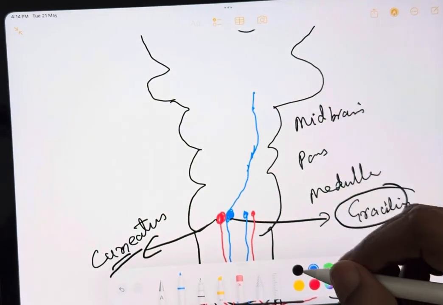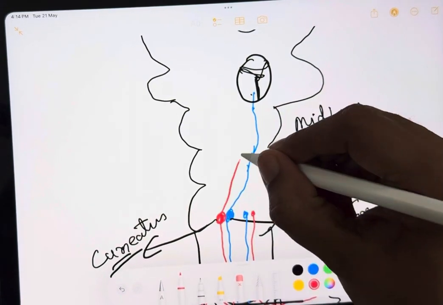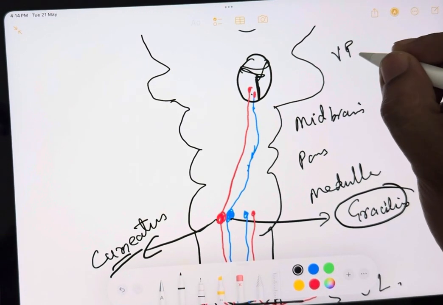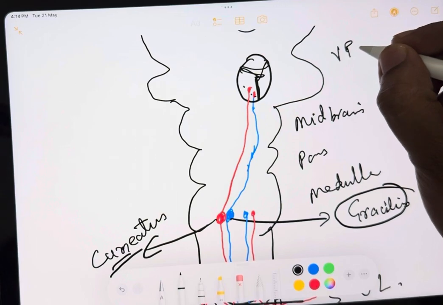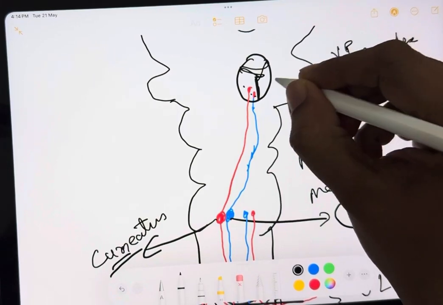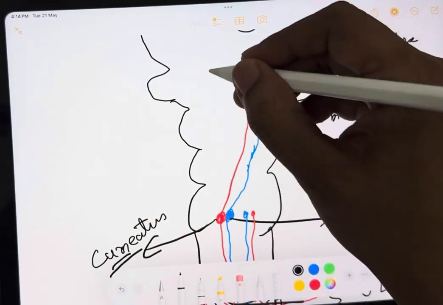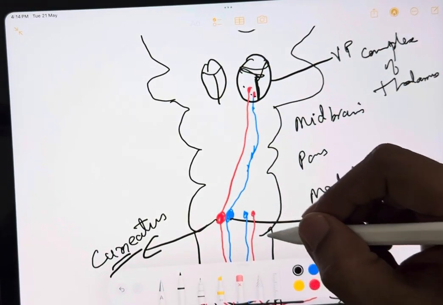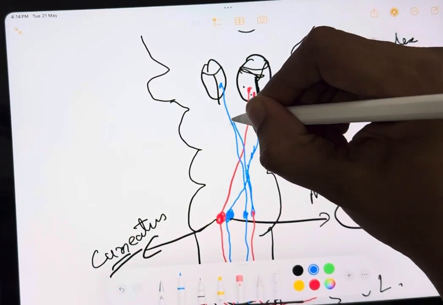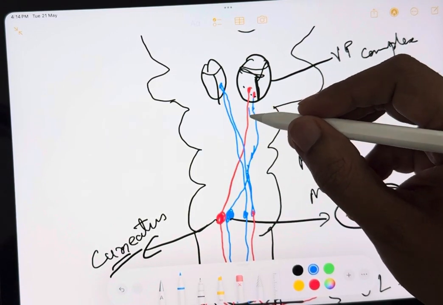and they terminate in the opposite side thalamus. Where exactly in the thalamus? The ventroposterior complex, or ventroposterolateral nucleus, of the thalamus. They terminate there, from the nucleus gracilis and cuneatus on the opposite side. Similarly, from the other side also they terminate on the opposite side. So, there is a crossing over. Now, these bundles of fibers after crossing in the brain stem,